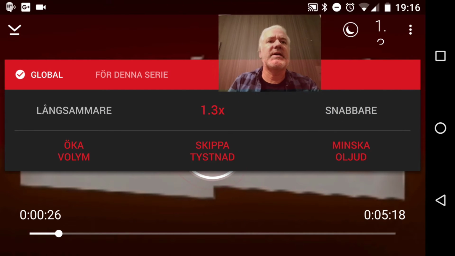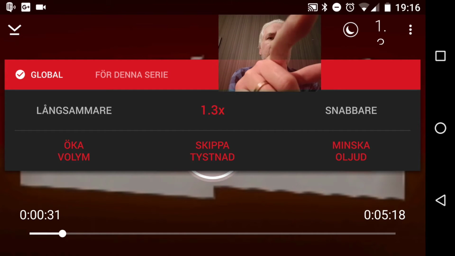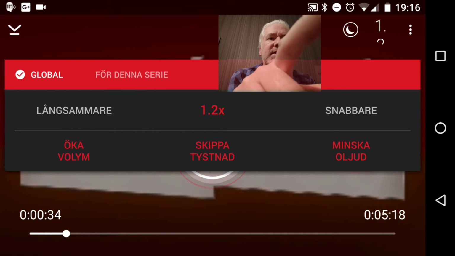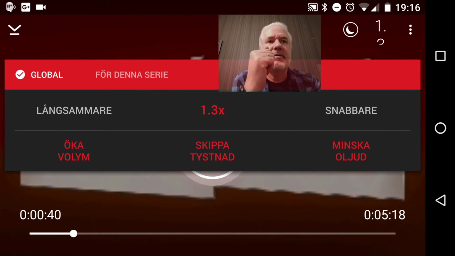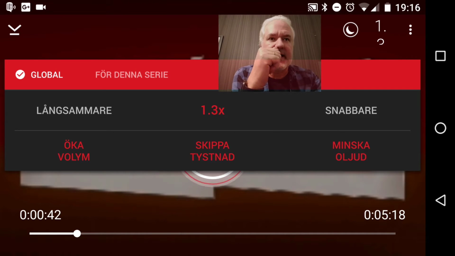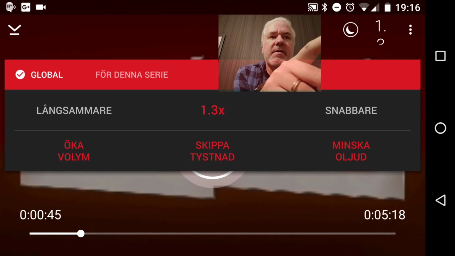And as you can see here, I can of course play it faster or slower by just hitting this button, and that feature many different podcast apps have, but the feature that is new and unique to Player FM is